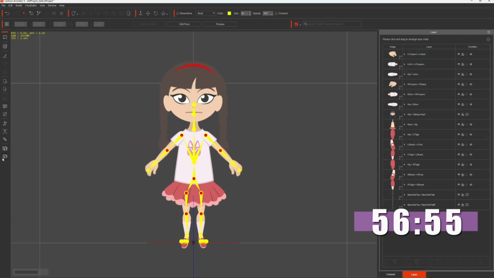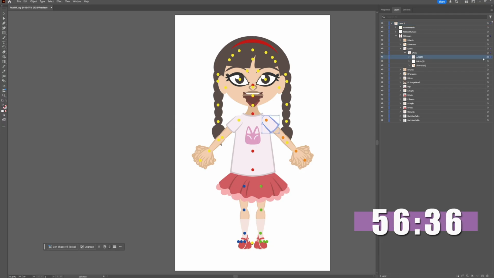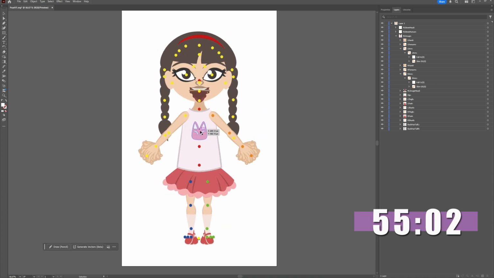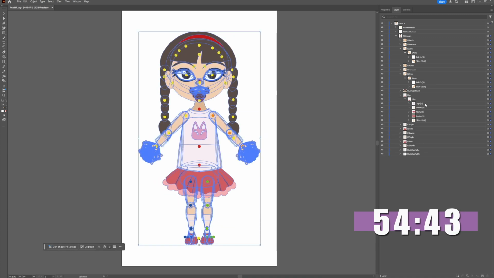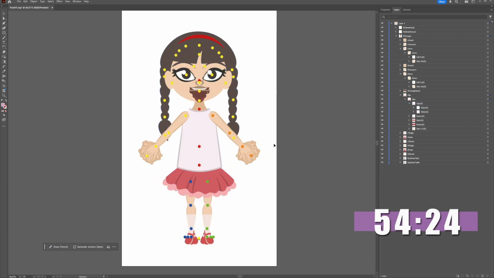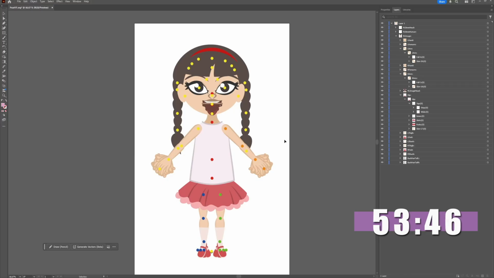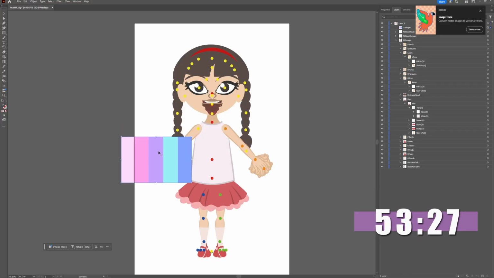I open Composer mode and export Pearl as an SVG file into Adobe Illustrator for customization. Once the layers are open, I start tweaking. 1. I remove the sleeves to make her top sleeveless. 2. I delete the logo in the middle of her shirt. 3. I adjust the color palette, based on a fairy color palette I found online, which has the mood of